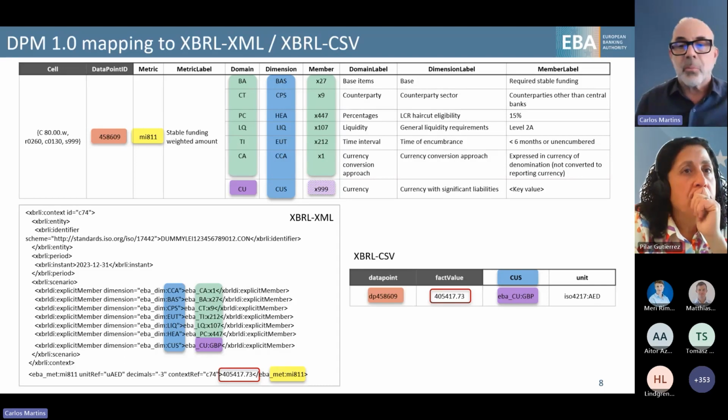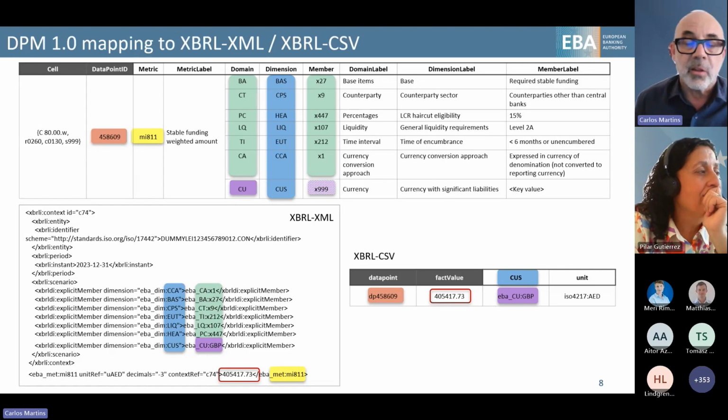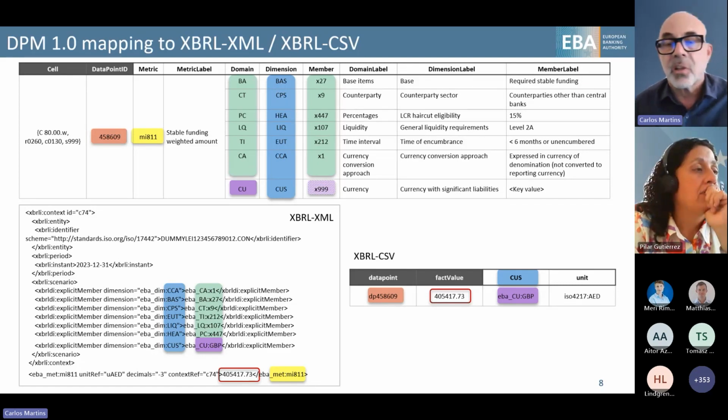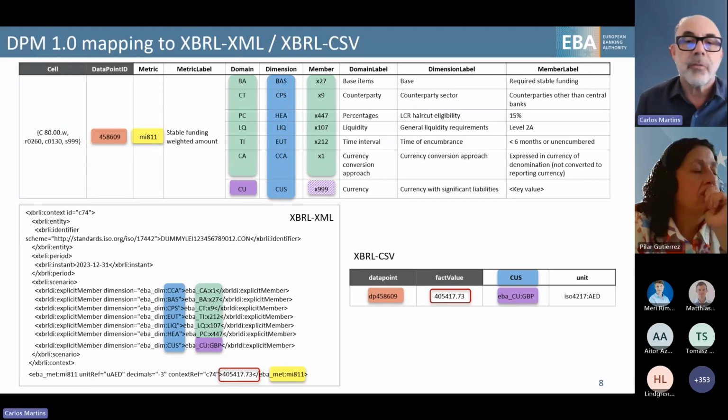So this is basically how we map the instances that we receive, either in XML or CSV, to the DPM, first of all to validate the files, and secondly to load the fact data into our data warehouse.